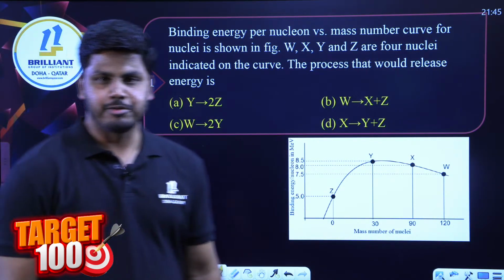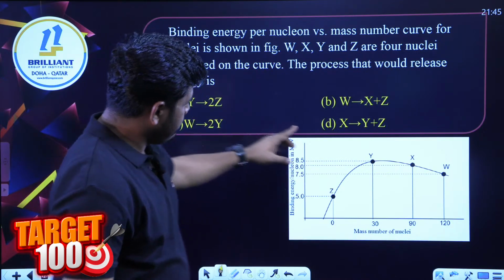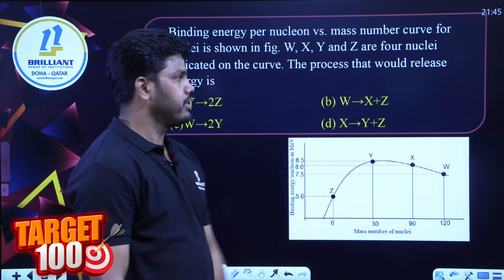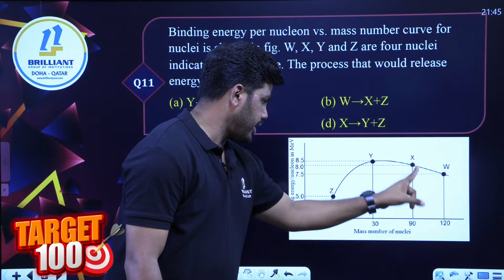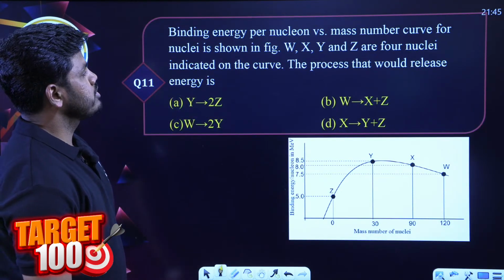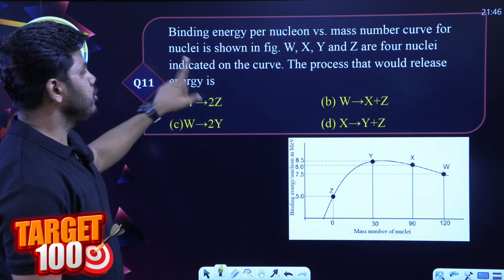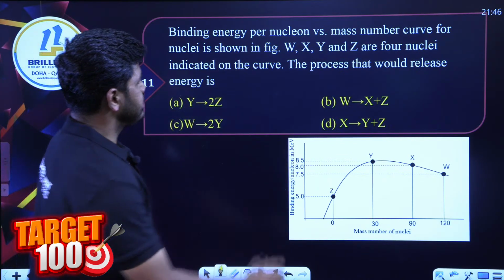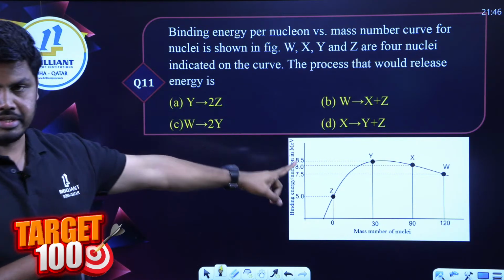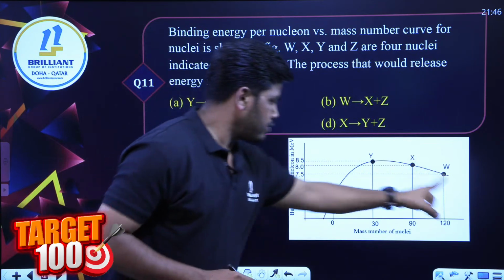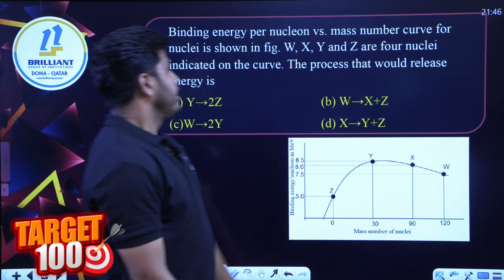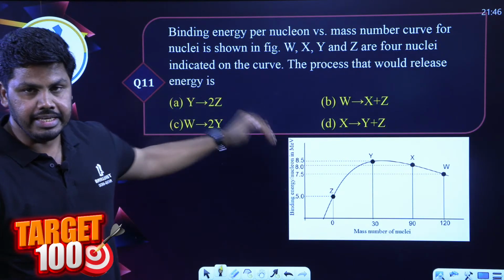Again a question based on the same graph. This is the nuclear binding energy per nucleon versus mass number graph, and some elements are marked X, Y, Z and W. Binding energy per nucleon versus mass number curve for nuclei is shown in the figure. W, X, Y and Z are 4 nuclei indicated on the curve. You can see in the graph given below, there are 4 nuclei given. Okay, the process that would release energy is,